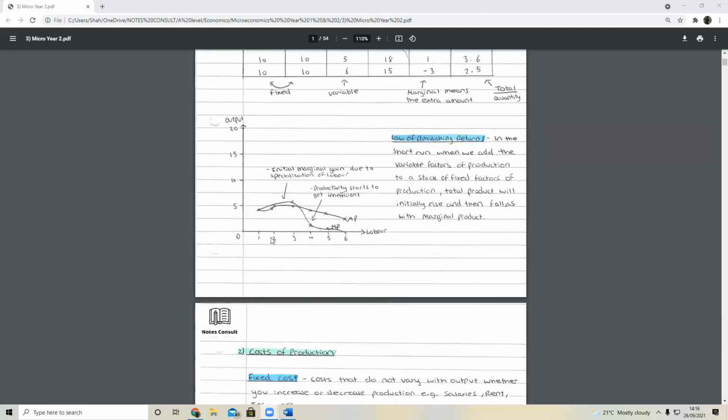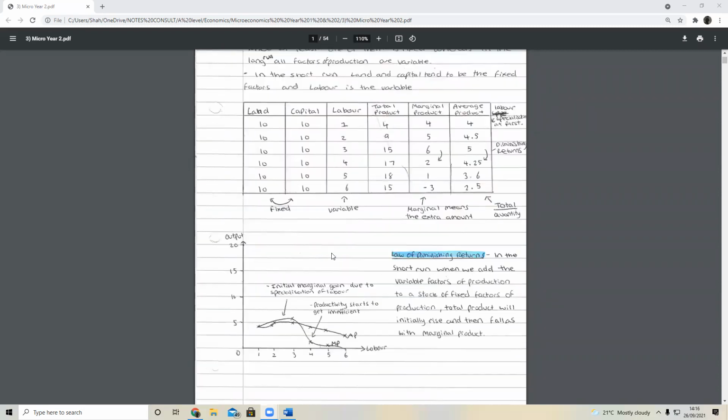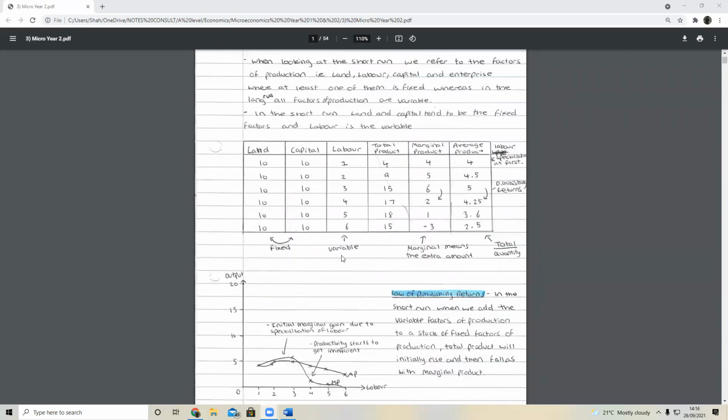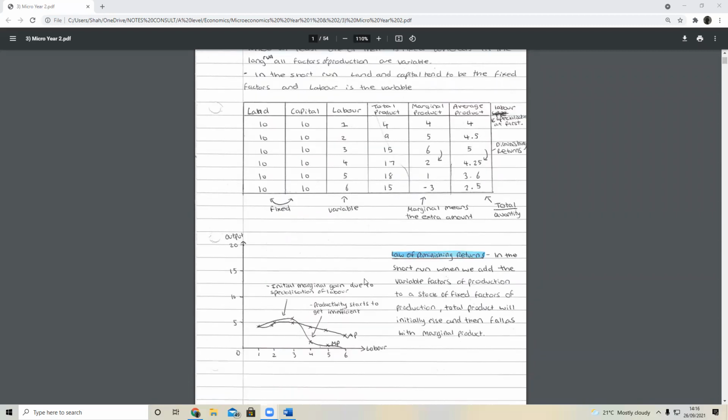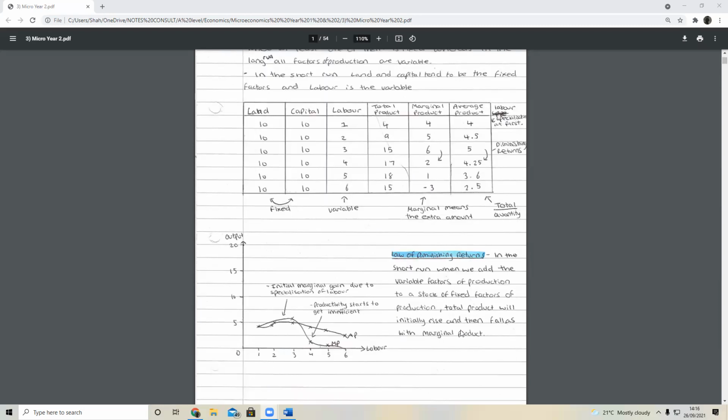So we're going to see a lot of graphs that have a lot of these kind of curves. And they're all described by the law of diminishing returns. Say if I want to plot the marginal product or the average product curve, then I'll see that it initially is rising, but then it starts to fall, and the marginal product can even get negative at this 6th worker. So that's all we're doing.